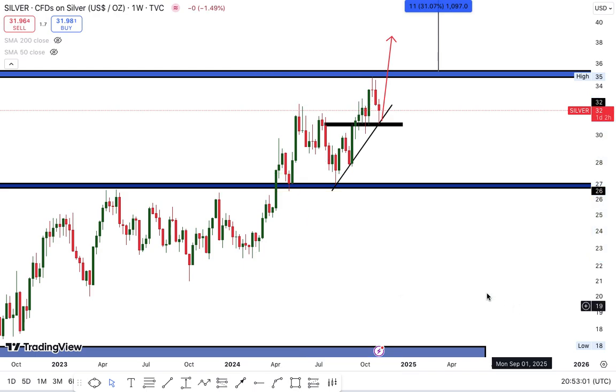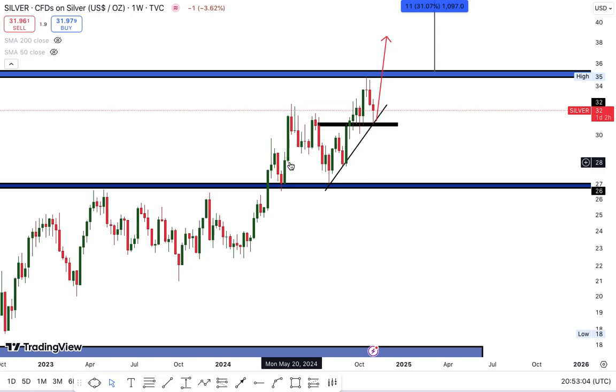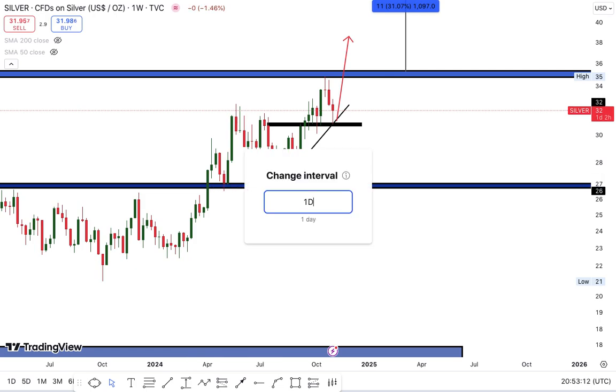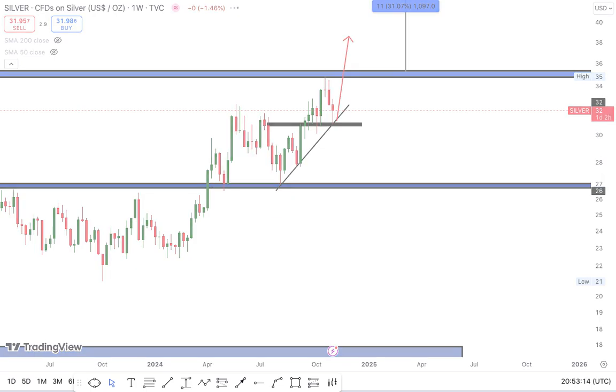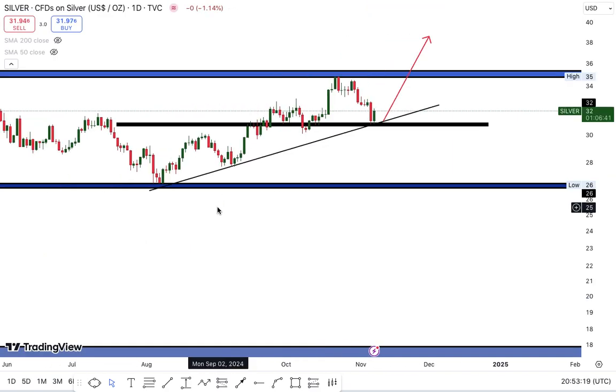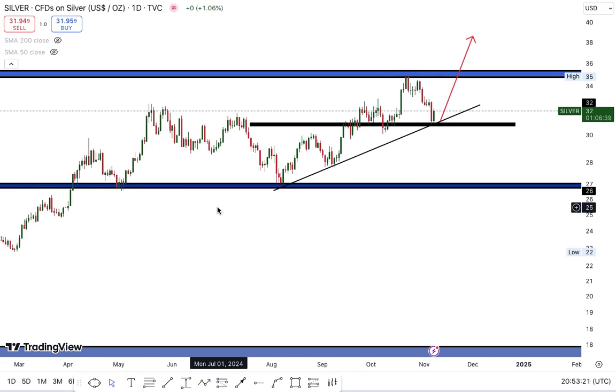Now this was the first bounce we had here. This was the hint that this place had come on to create a very solid demand level. By the time we scale down to the daily time frame, what we had to do was wait for the market to come back and test that demand level for us, which was exactly what happened here. So you see, after creating that demand level, watch what happened.